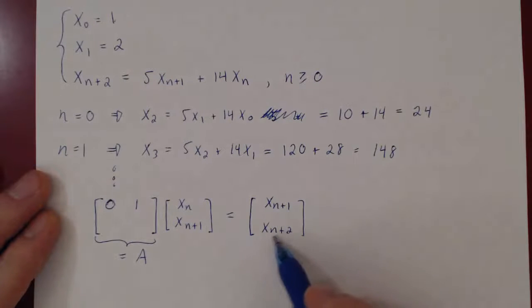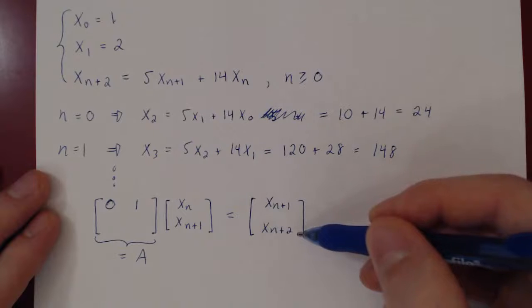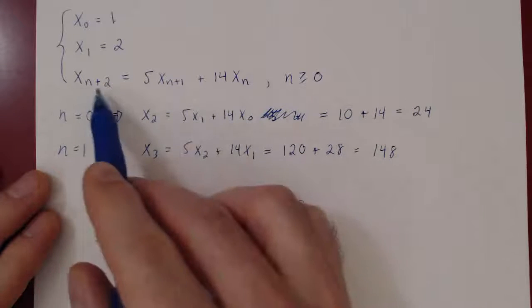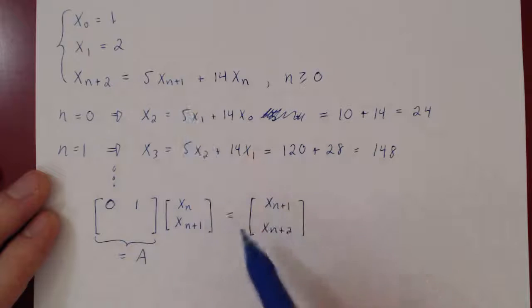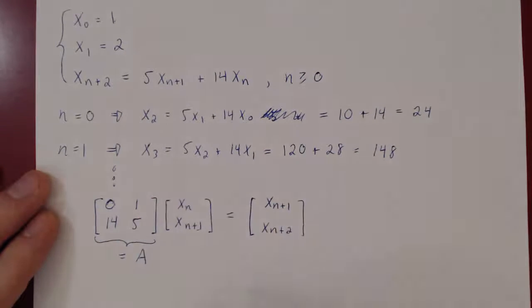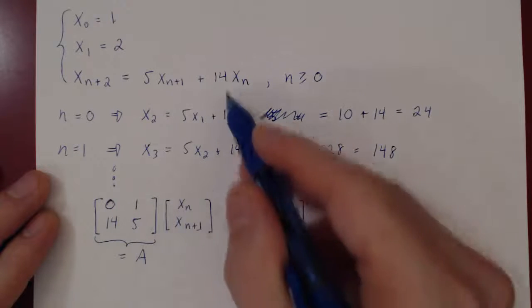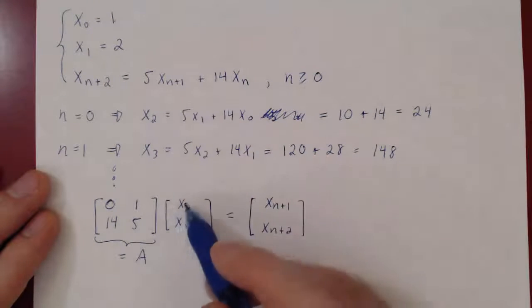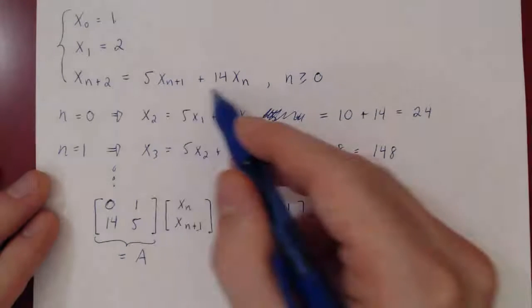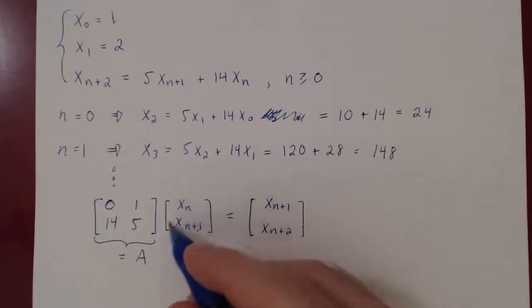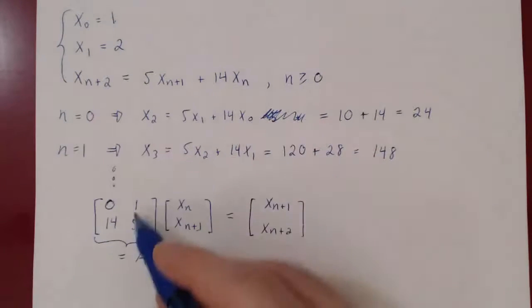And now you see the next term is x_{n+2}. So you have to build x_{n+2} from x_n and x_{n+1}. But look at the recursion. x_{n+2} is 5 times x_{n+1} plus 14 times x_n. So if you check this out, you'll have the second entry is 14x_n, check, plus 5x_{n+1}, and we know 14x_n plus 5x_{n+1} is equal to x_{n+2}. Mission accomplished. So we are able indeed to drive the sequence forward, no longer from the recursion, but with matrix